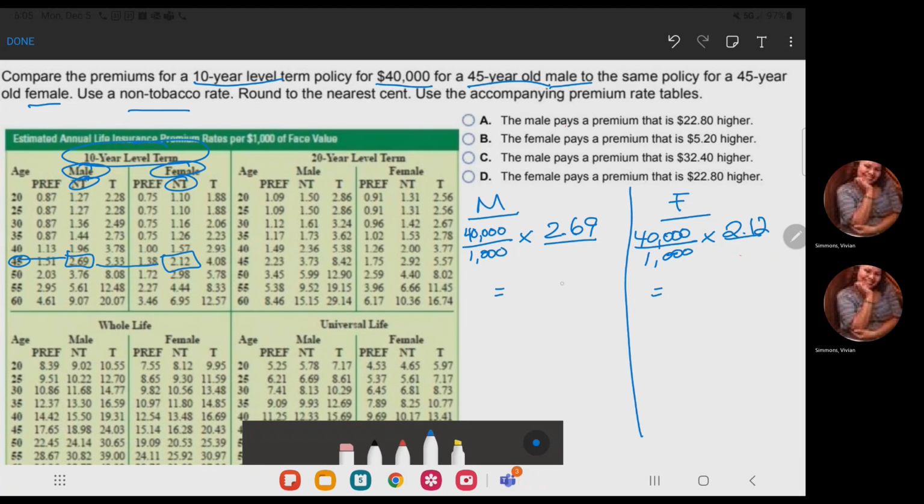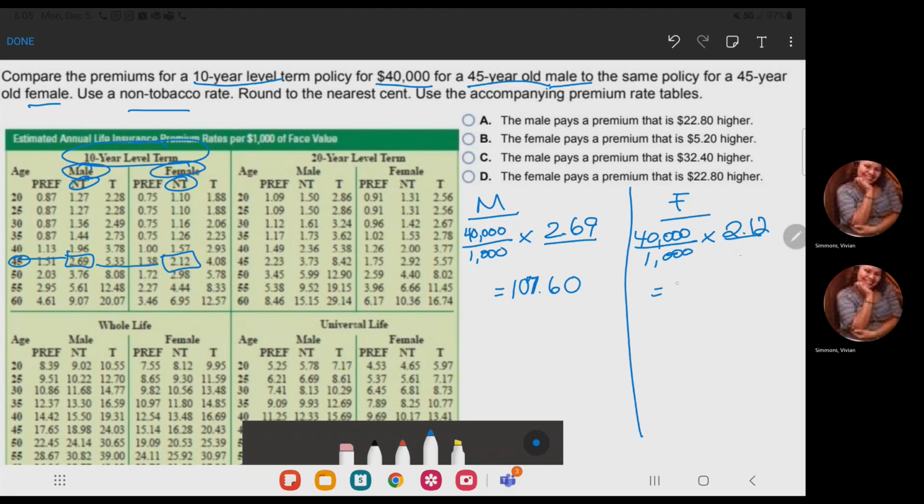So when I do both of them, I will end up with the comparison. So male 107.60